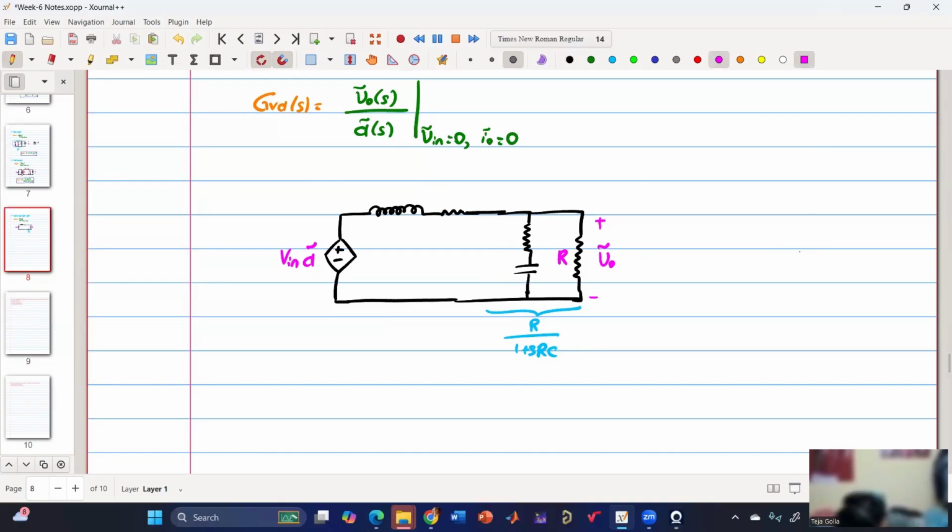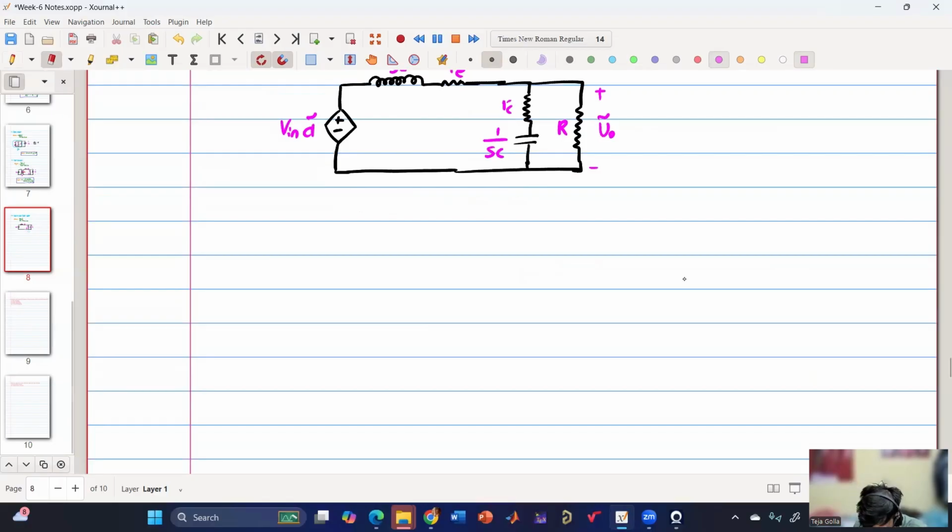So this is our RC, 1 by SC, RE, SL, and of course this will not be valid anymore. So now we need V naught by D tilde. So I can directly write the expression which will give me GVD of S, which is equal to